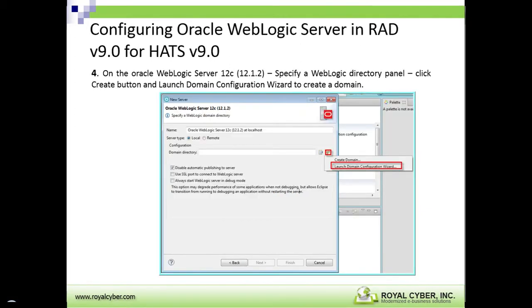On the Oracle WebLogic server, specify a WebLogic directory panel, click the create button to launch the domain configuration wizard, because if you have not created the domain, then this wizard will help you to create a domain, and if you have created the domain, then you will see the domain here. So this wizard will guide you how you can create the domain.